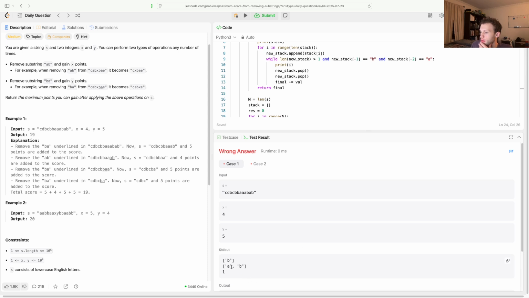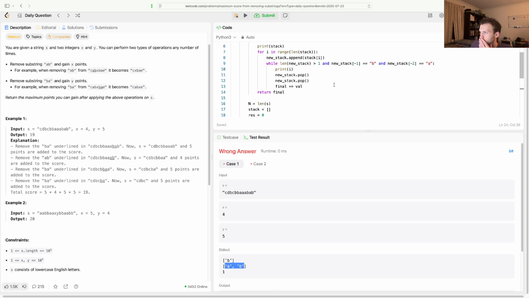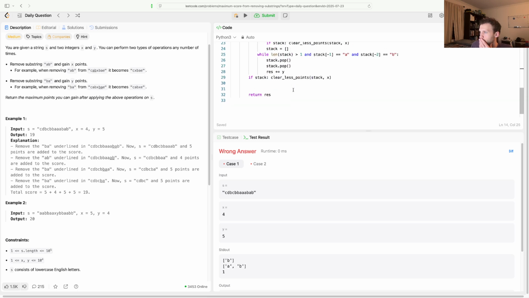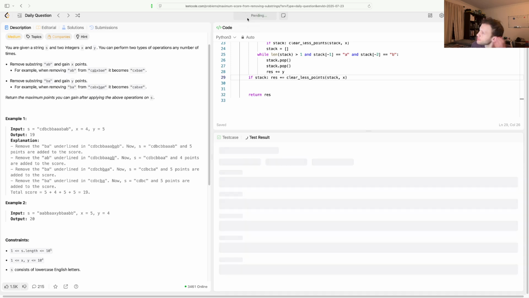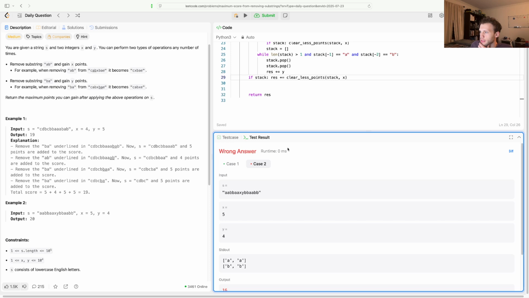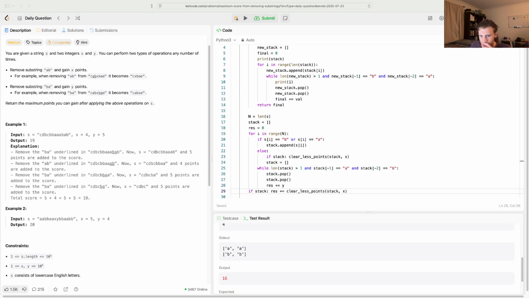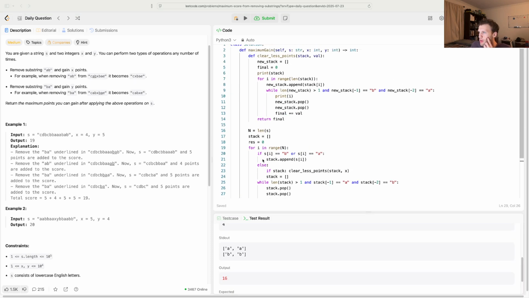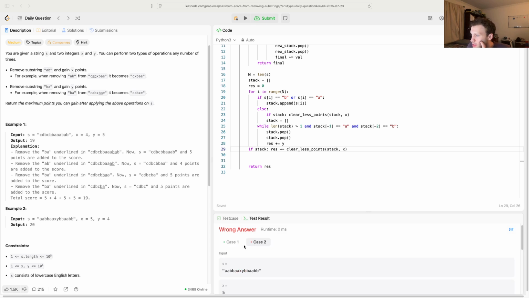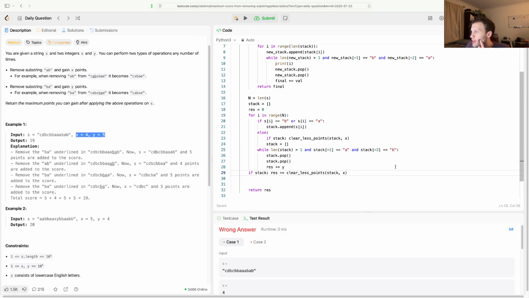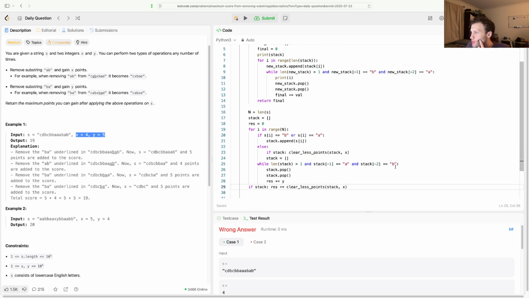Okay, now we get AB, perfect. We get final, and then res plus equals. Perfect. So now that's passing that test case. Okay, great. So we're passing the case when x and y is that. So now we just have to make sure that